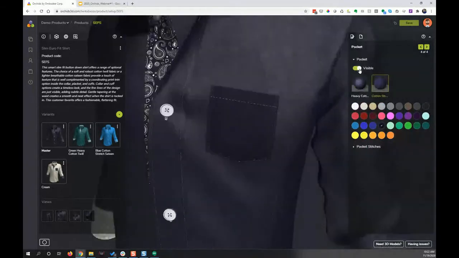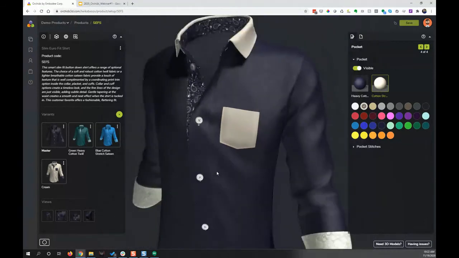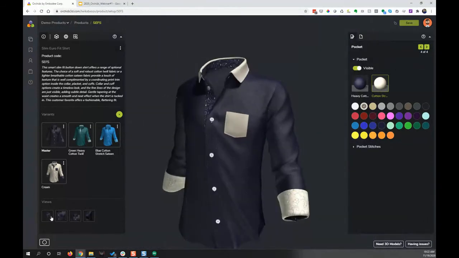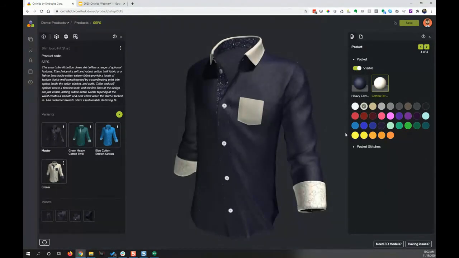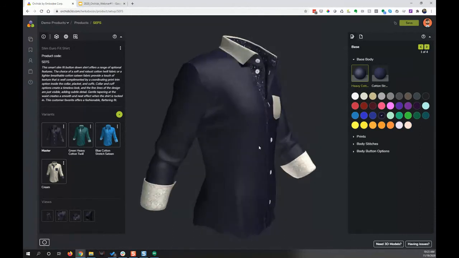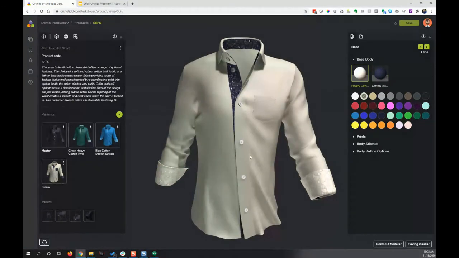We have the ability to hide and remove and show different components of the product and create a design that I like. So once I'm finished with the design process here, let me just change a little bit more so it's more evident what I'm doing here.